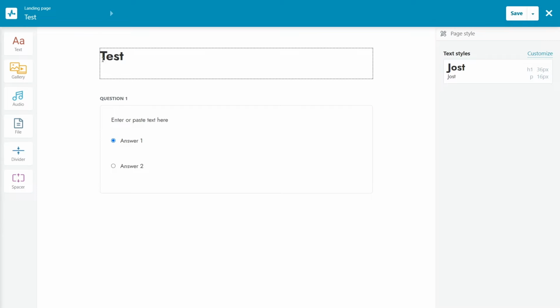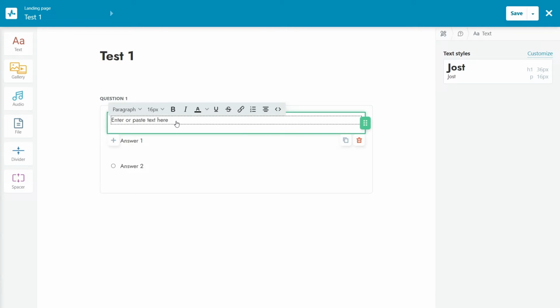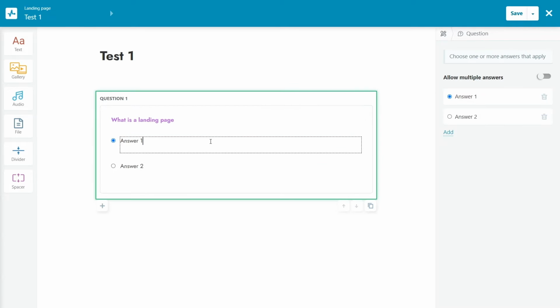Enter the question text. To change the question formatting, click on the text itself. You will see the editing panel. Change the color and font to highlight keywords and headings. You can also add a link, format the text as a list, and add your style code.